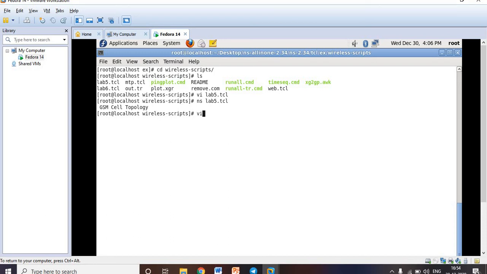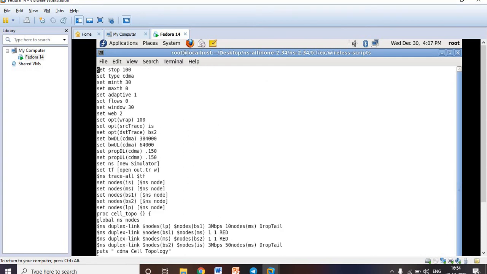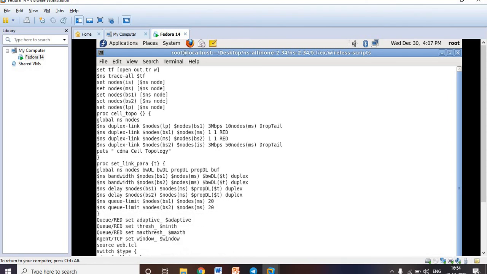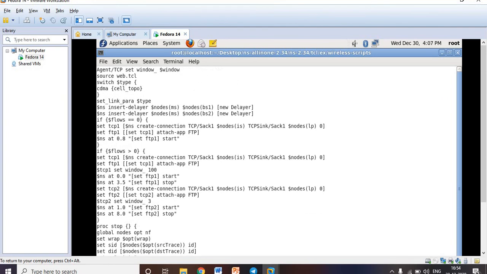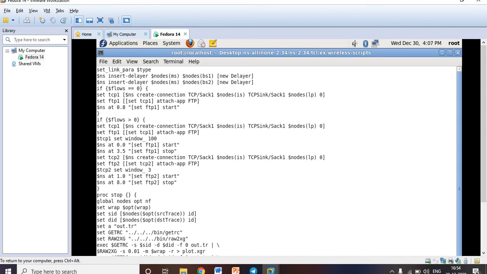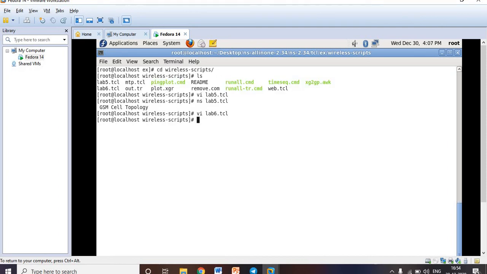Within this wireless scripts folder only you have to save the sixth program also. So vi space lab6.tcl. If you don't have the typed program, then you will get a blank screen here, but I have already typed the program, so I am getting the program here. So this is your sixth program. Press escape :wq.